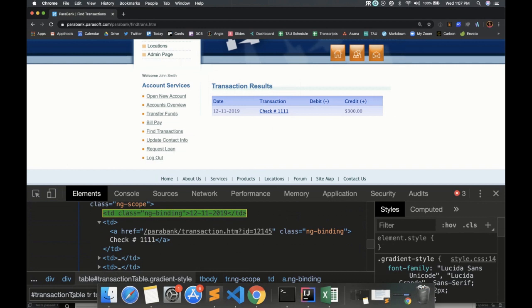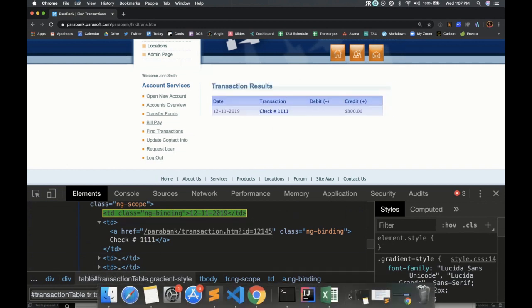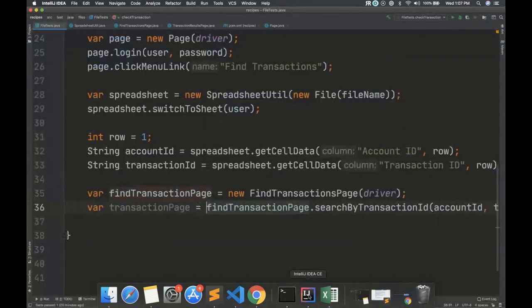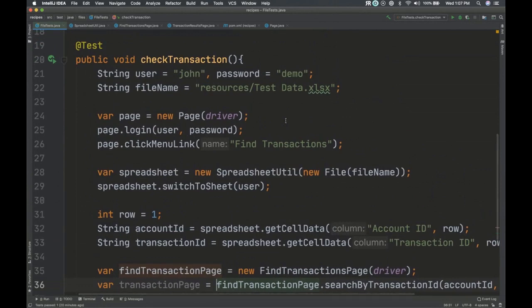All right, so let's get this. And we're going to get all of the things and look through them. I hate dealing with tables. I might do another recipe with tables. They're not fun.